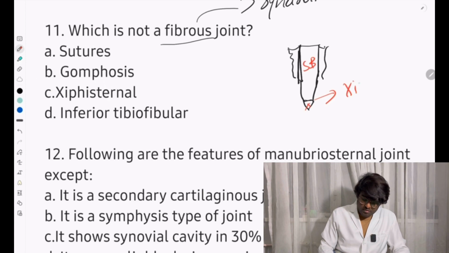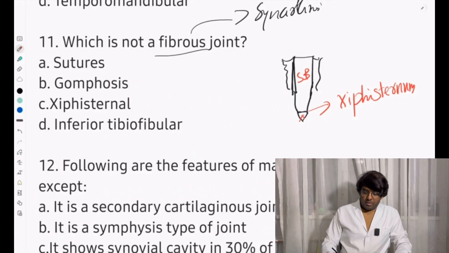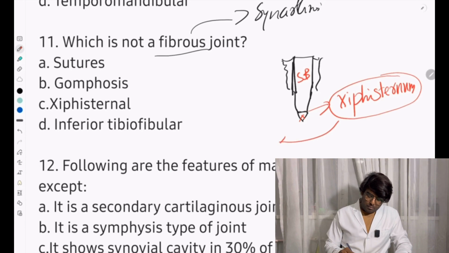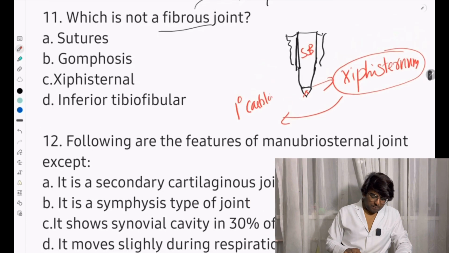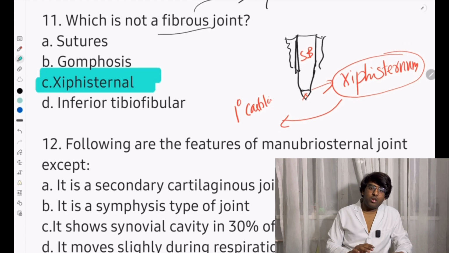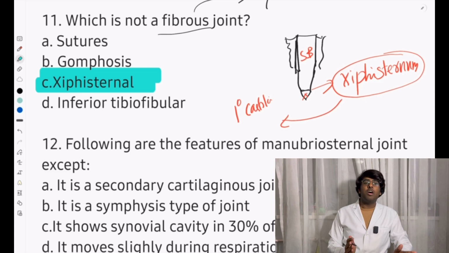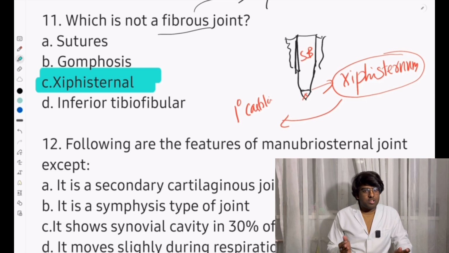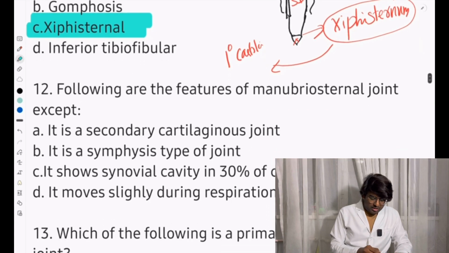Here is the presence of symphysis sternum. So the joint between the sternal body and the xiphoid process is a type of primary cartilaginous joint. Okay, primary cartilaginous joint. Then the second one, option C, symphysis sternum, is not a type of fibrous joint, but the other three, sutures, gomphosis, and the inferior tibiofibular joint, we will discuss in the lower limb. Okay, then the next one,